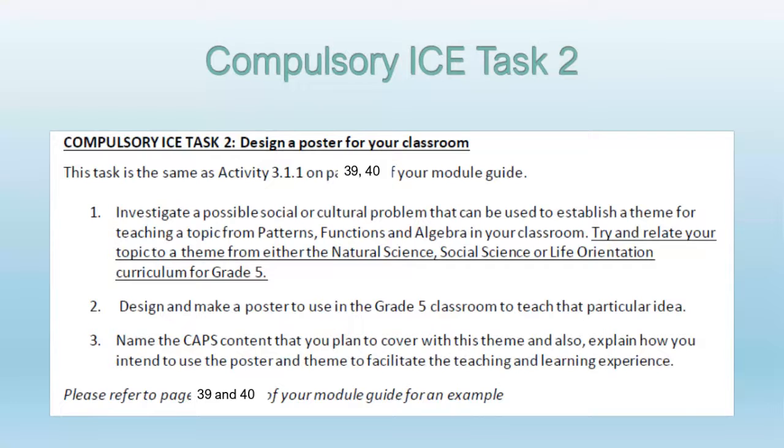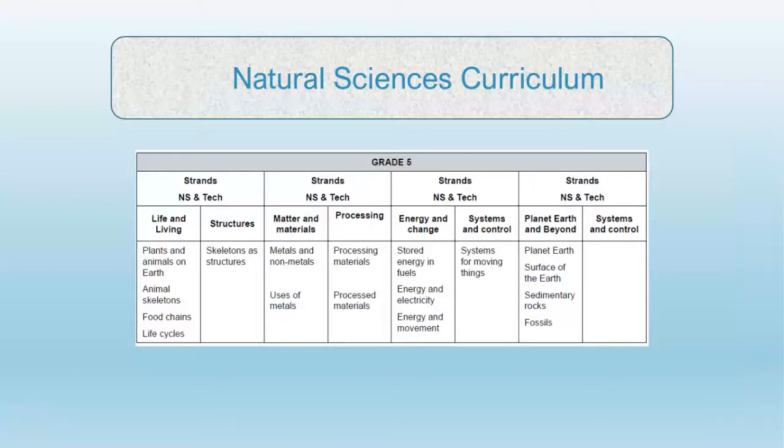So you need to look at what they do, what are the topics that they do in grade 5 in the different subjects. So to make it easier for you, I have already copied the different topics from the different subjects for you, and that I would also give to you on the PDF that I would load on